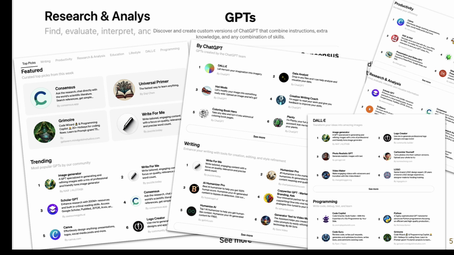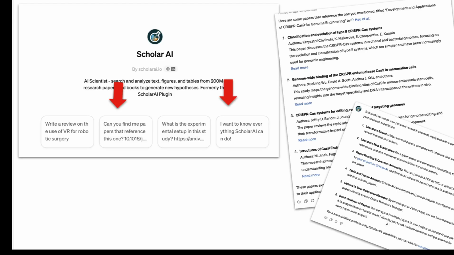You see you can use DALL-E, which is the image generation tool that is just spectacular. You can use Scholar GPT, or it will partner with Canva as well. So from ChatGPT 4.0, you can access multiple other GPTs. This is just a peek at what Scholar looks like within ChatGPT 4.0.